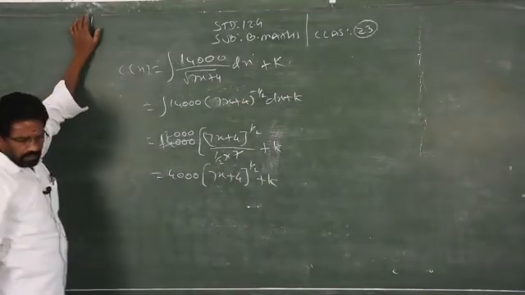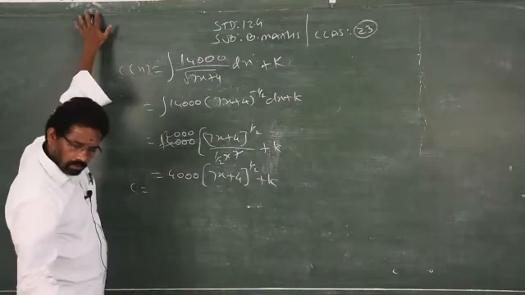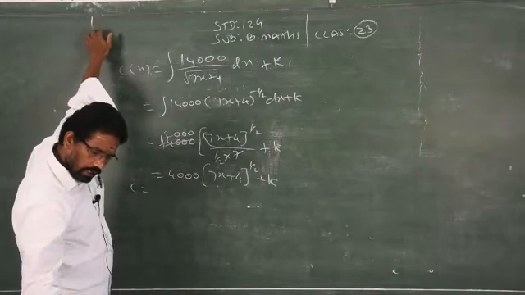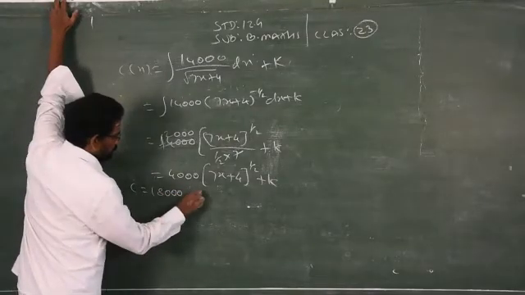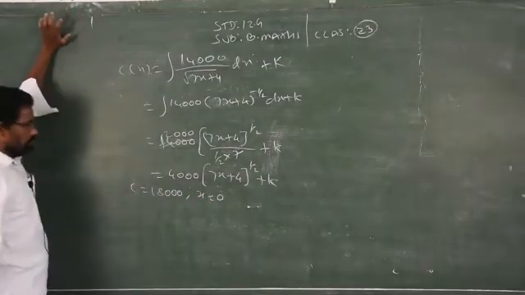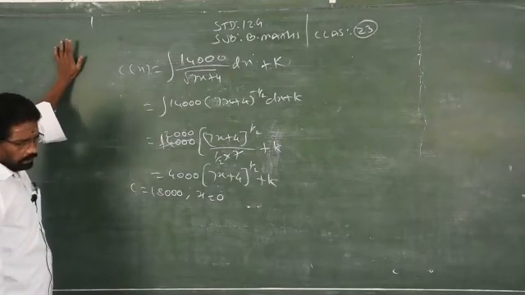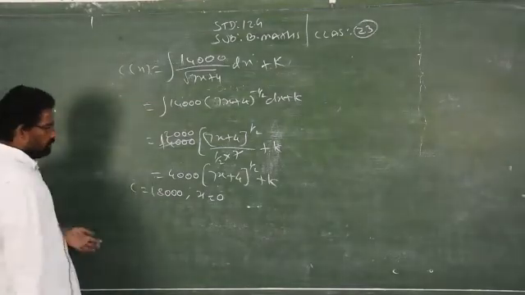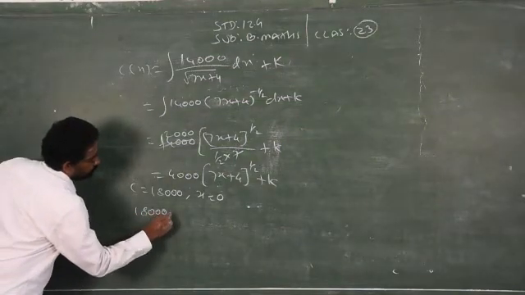So here the fixed cost is given. You know how to take fixed cost. The fixed cost is given as 18,000, so the number of units will be 0. Before itself I said how to take fixed cost. Don't take k straight away as the fixed cost. So now the cost is 18,000.